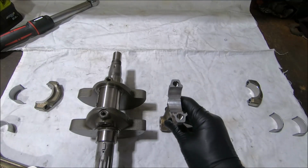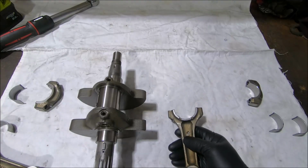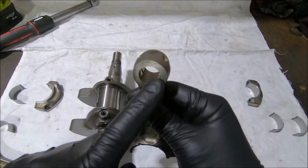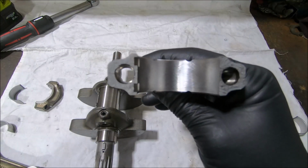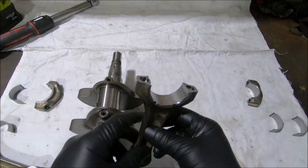These are the con rods and crank out of my little 659 engine. And this engine is a 2013, which means a couple of things are different. The first is there's no small end bush in the rod. These rods, as you can see on the bottom here, are a sintered rod, which means that they're forged from